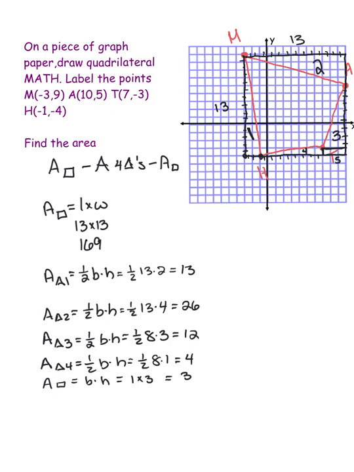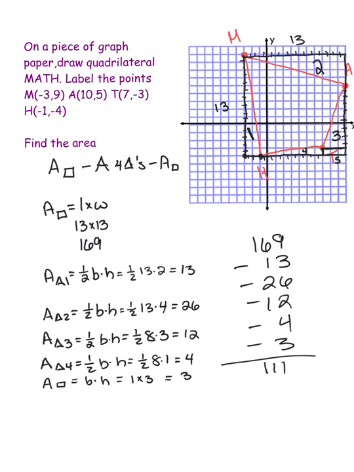So now to find the area of the red shape, I'm going to do 169 minus, in the calculator, 13 minus 26 minus 12 minus 4 minus 3, and I get 111. So the area of that red quadrilateral is 111. The biggest mistake that kids make when they're doing this, and I'm going to try and highlight this,